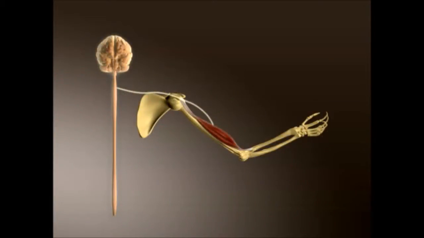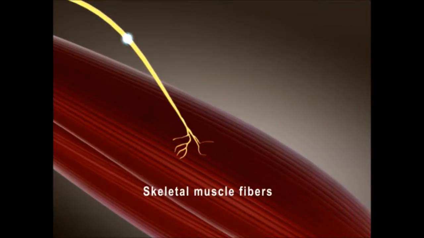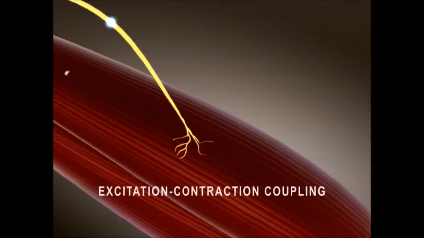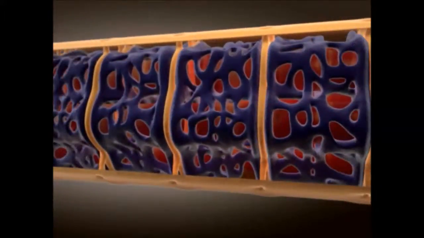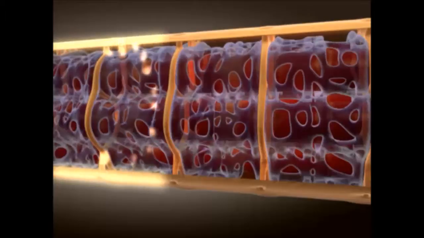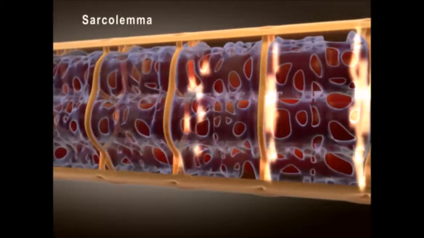Typically, a single motor neuron arising in the brain or spinal cord conducts action potentials that travel to hundreds of skeletal muscle fibers within a muscle. The sequence of events that converts action potentials in a muscle fiber to a contraction is known as excitation-contraction coupling. If we look at a single muscle fiber, we see that an action potential travels across the entire sarcolemma and